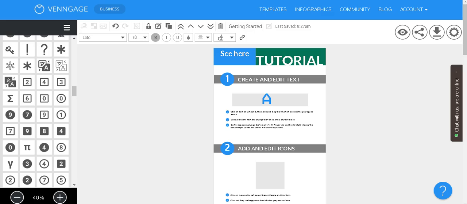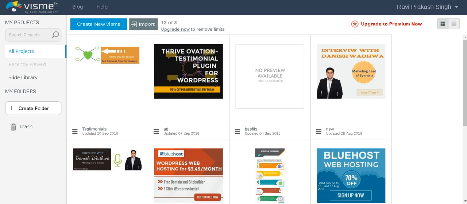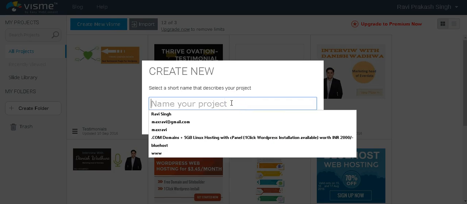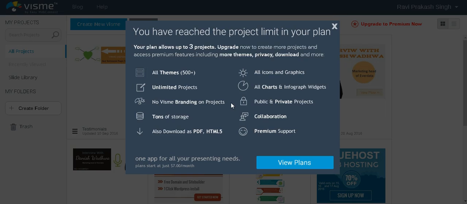Besides Canva and Venngage, I also use Visme, which is another tool, and this also comes in both free and paid models. This is also very easy, and everything is drag and drop. You can see here its plan starts at just $7 per month, so it's not that costly. And of course, there are a lot of features. You can see here, these are the features